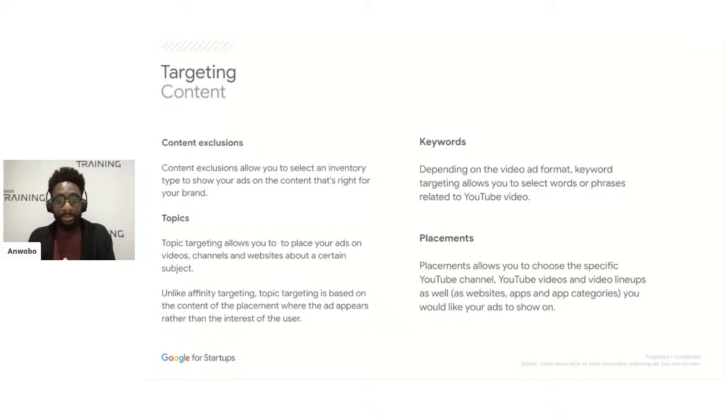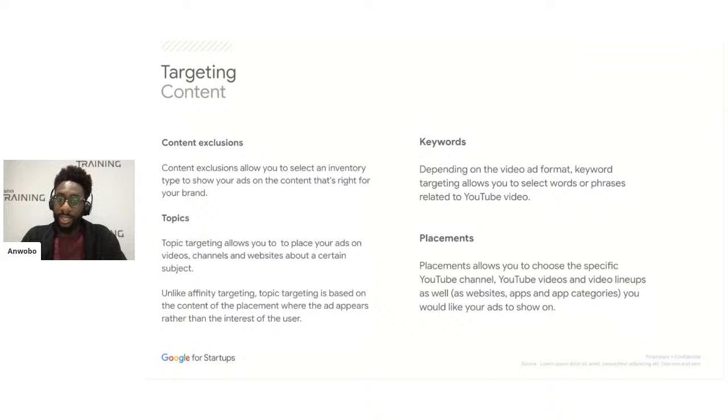More kind of family-friendly type of content. And then there's limited, which gets rid of anything that even has any real swearing, any real violence, any suggestion of sex. So it's really PG content, really clean content that you can advertise on. So you choose what level that you're happy for your ads to appear in front of.